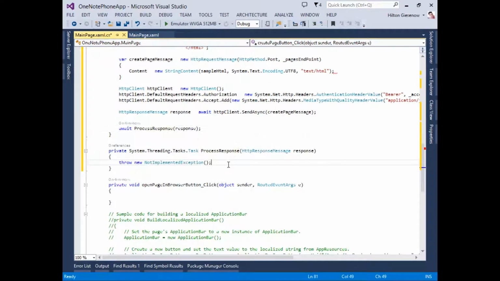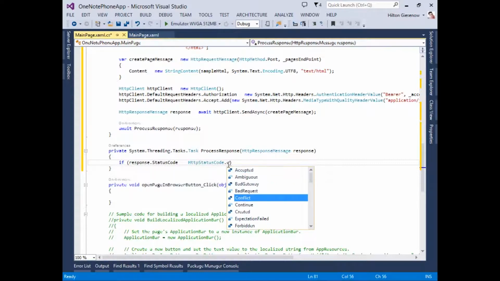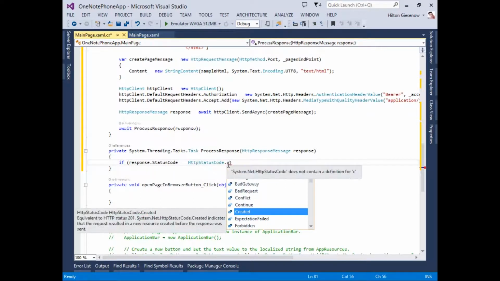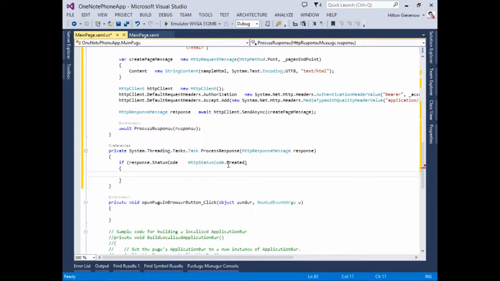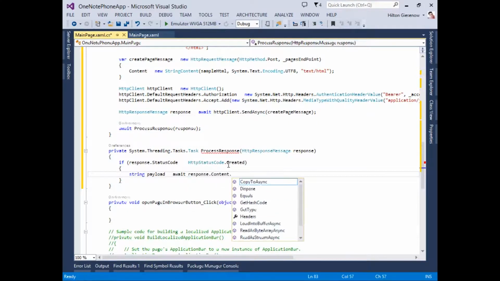The first thing we're going to do is check whether the page was created successfully and whether the message came back okay. So we're going to check the status code, and we're going to look specifically for a created status code, a code of 201. So this is what the API returns if it was able to successfully create the page. If that worked okay, then again asynchronously we'll go ahead and read the response body as a stream or as a string out of the stream,